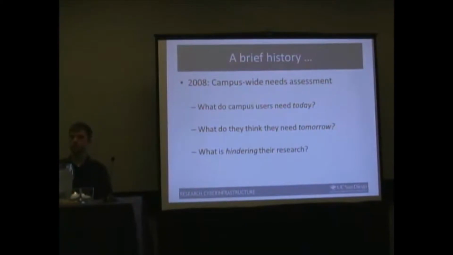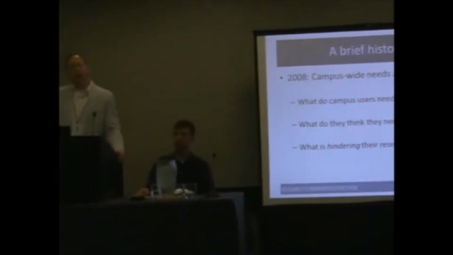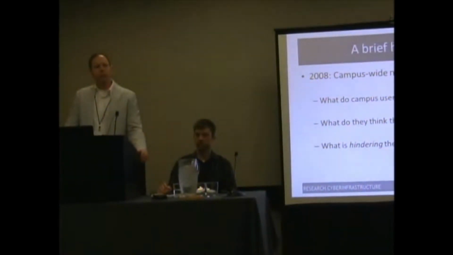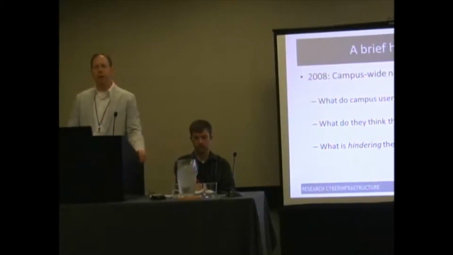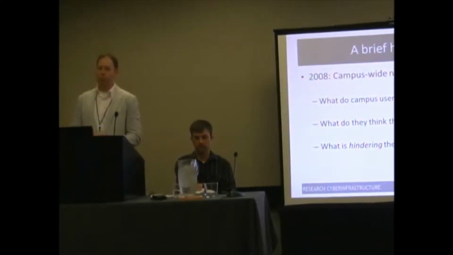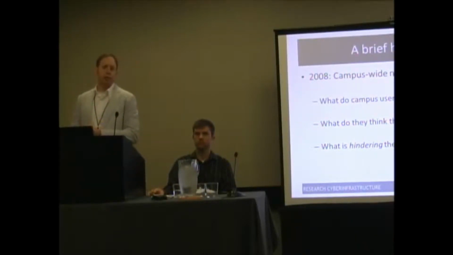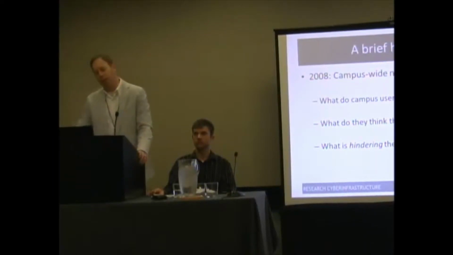Not necessarily about the guts of the curation enterprise itself, but why, again, we're making some of the decisions we're making. So just to give a history here, started in 2008 with a campus-wide survey, and the survey was important because it really laid the groundwork, not only for the work that we did, but the process, because the survey was actually put out as a joint effort by the libraries on campus, the Supercomputer Center, VC of Research, a couple of other research organizations on campus. And so it was very much a campus-wide effort to see what researchers needed. And that's been kind of the driving goal that we've had all along.